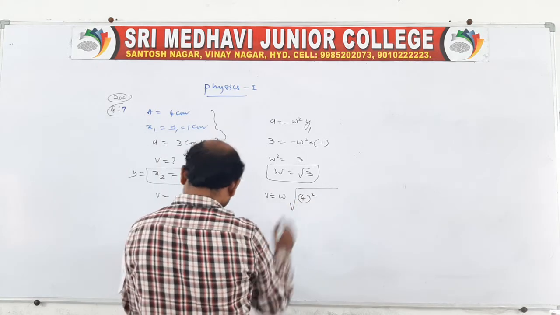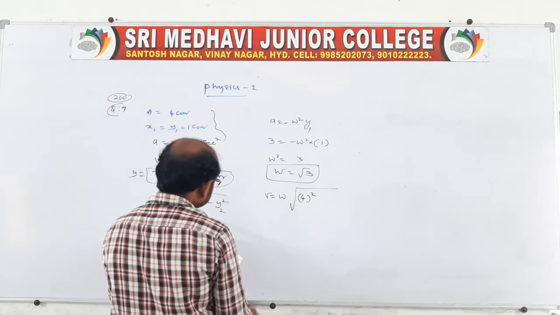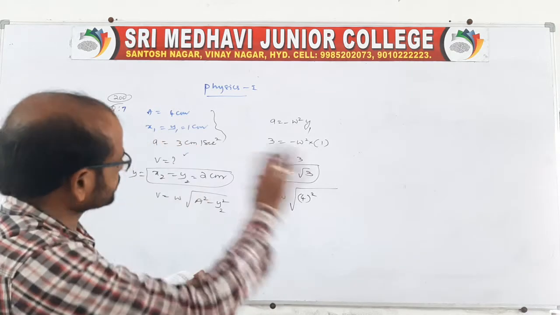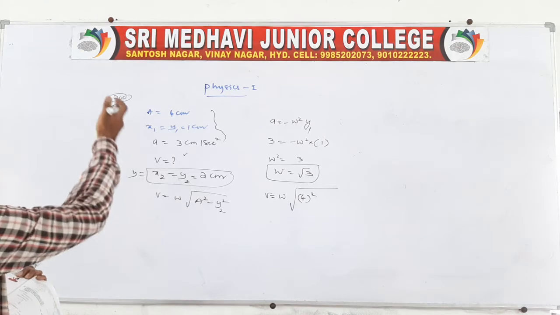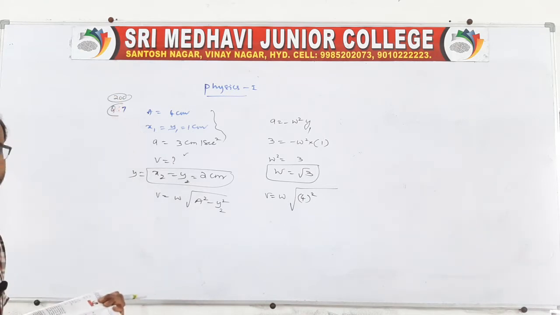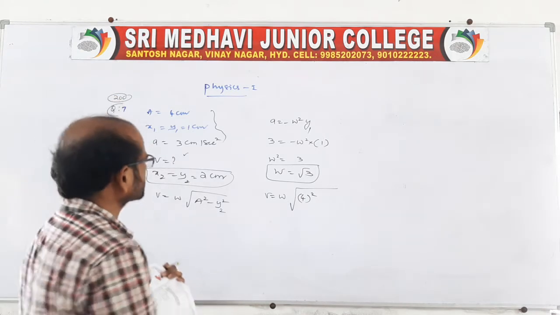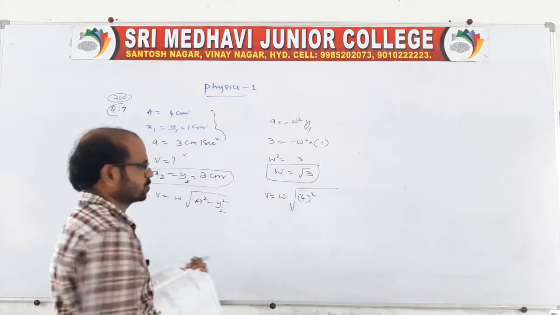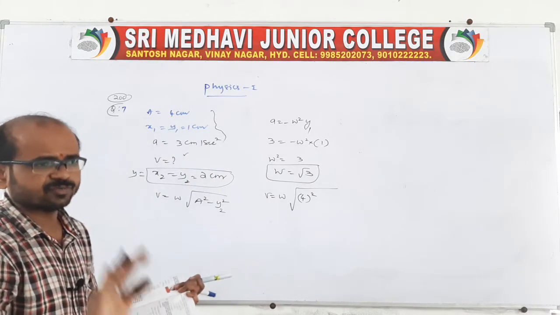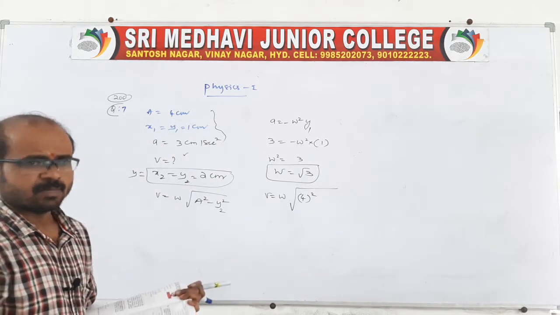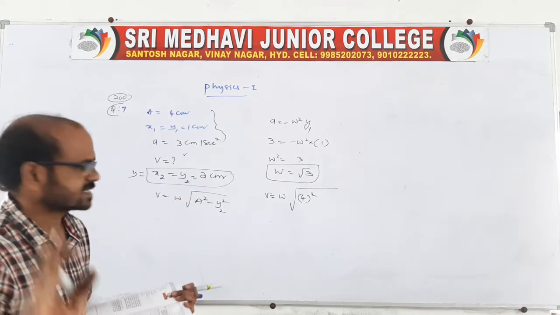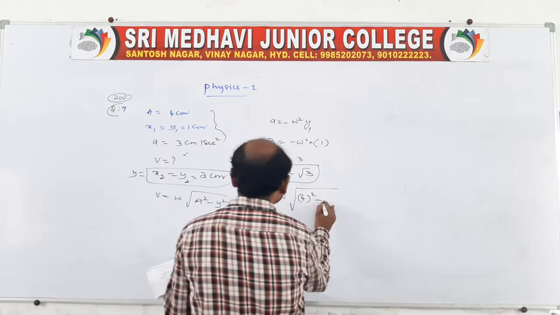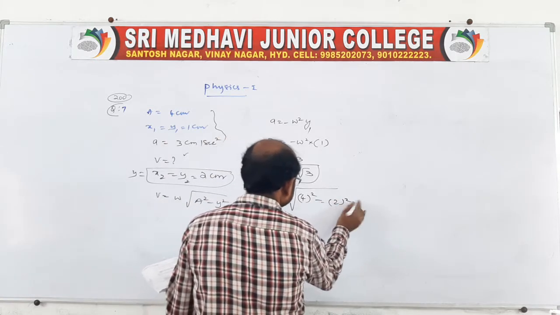Here, suppose you want to do it in centimeter per second, then you substitute as it is. Suppose you want to do it in meters per second, then you convert all the centimeters into meters. It is your wish. Because it is one system, you can continue, no problem. But basically we should do it in the SI system. In this case all are in the same system, therefore you can use them as it is. Minus y square, you take 2 square, right?